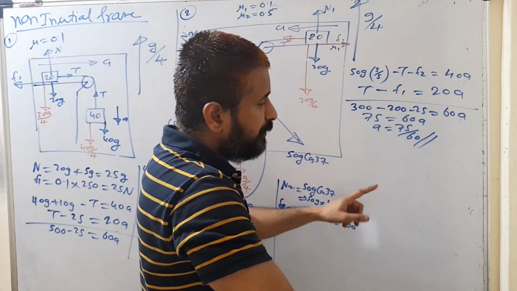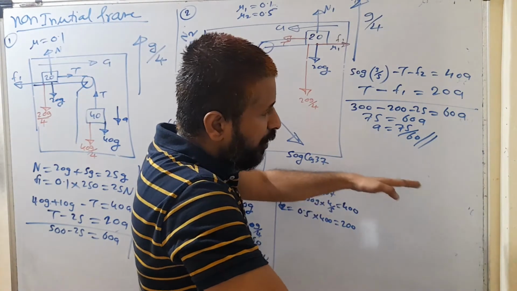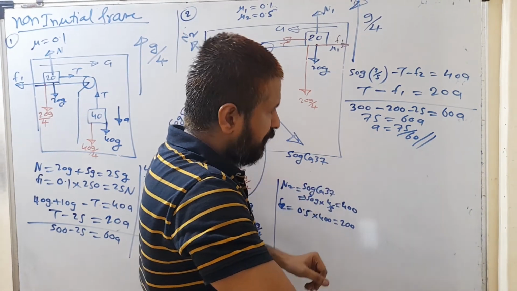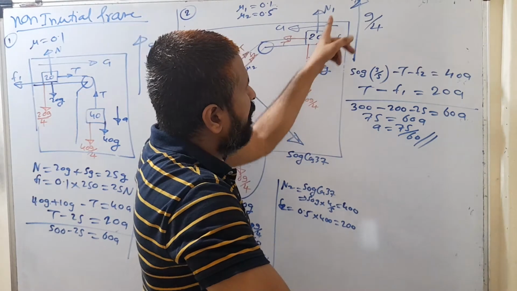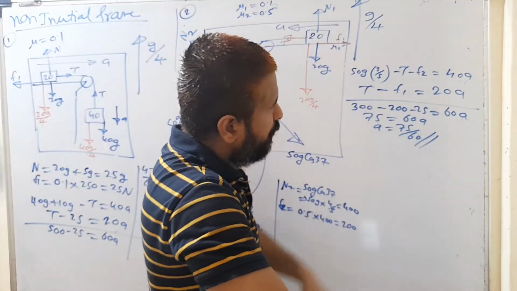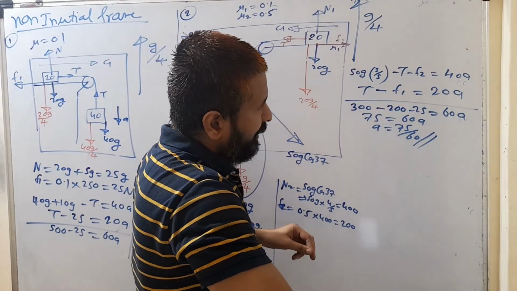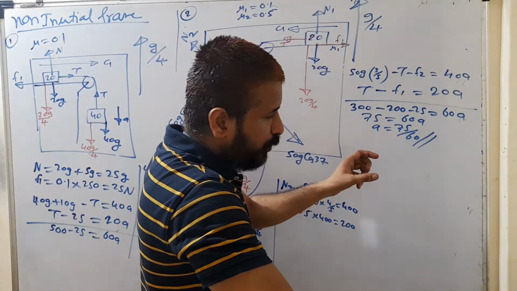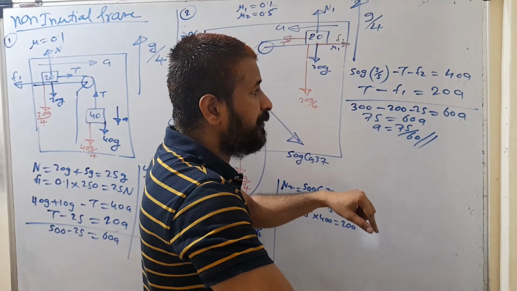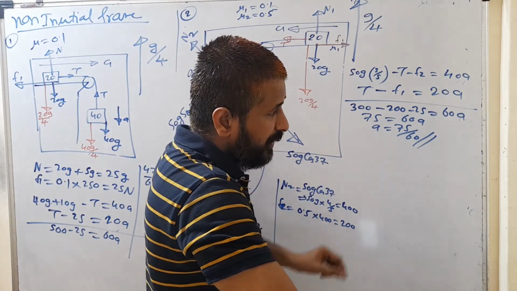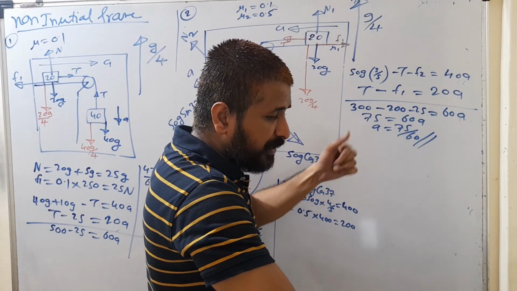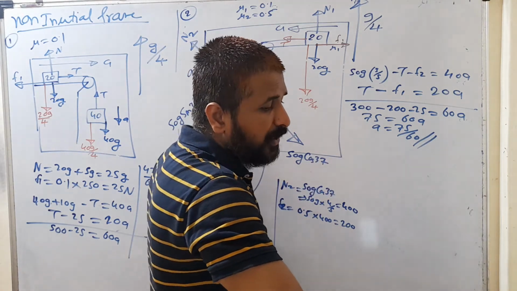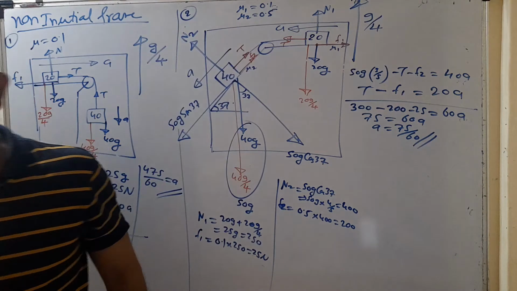To find the frictional force, first find the normal action force. If it is just a horizontal surface, the normal action force is mg until some pseudo force is acting on that. Because यहाँ पे तो non inertial था तो N on the horizontal surface will be mg plus pseudo आ गया. And if it is an inclined surface, you have to resolve the weight into two components. The component which is parallel to the surface and the component which is perpendicular to the surface. The component which is parallel to the surface is responsible for its acceleration, and the component which is perpendicular to the surface is responsible for the normal action force.